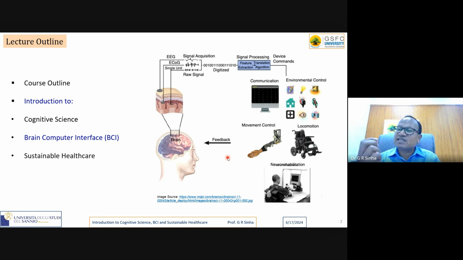By generating some signal and feeding it to the brain as a feedback signal. We will understand in detail. So this particular picture is representing a brain computer interface, where the brain is interfaced with the computer, and the computing device can generate certain commands, or can also be used to generate a feedback signal to correct, or to be used in diagnosis or prevention of certain brain related diseases like brain tumor, Alzheimer, Parkinson, etc.